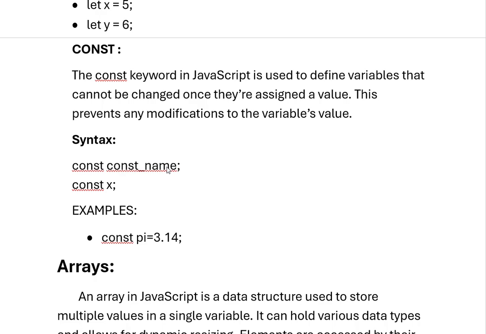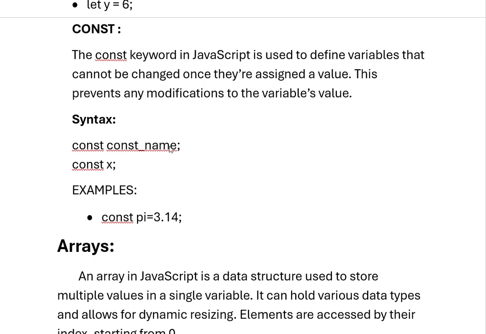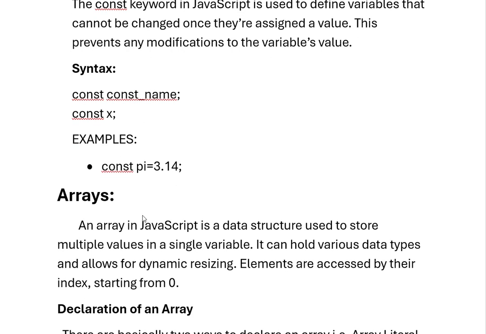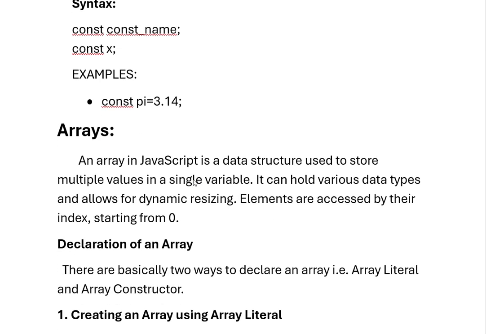Const. The const keyword in JavaScript is used to define variables that cannot be changed once they are assigned a value. This prevents any modifications to the variable's value. Syntax: const name; const x; Examples: const pi = 3.14;